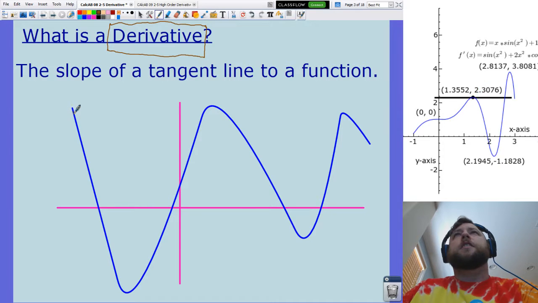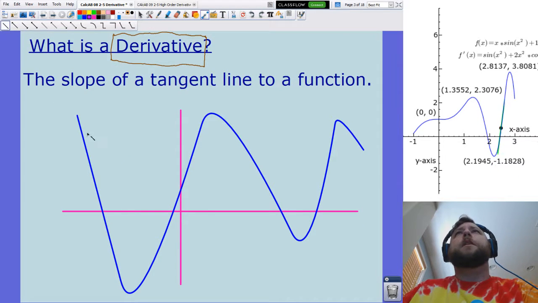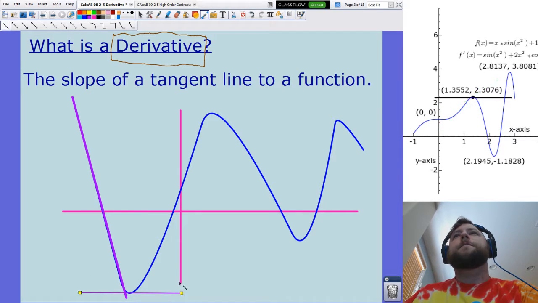And let's look at this one that I'm playing with right here. You can see that the slope, if you follow the graph from left to right, it's going down. So if I were to draw a tangent line, it'd be like a negative line doing something like this. It's a rough idea. But when you get to the very bottom right here, our tangent line is actually going to be a straight line across. The idea with the tangent line is it hits the graph once, and it's just kind of matching the